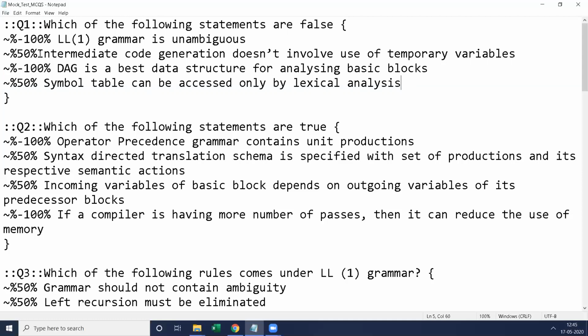And for the fourth one, the wrong choice, by default give minus 100. Based on the selection, if the student chooses one right answer among 3, he will get 33% mark. If he chooses 2 right answers, he will get 33% plus 33%, 66% of the mark will be allocated. If he chooses all 3 right answers, he will get full mark, 100%, that is 1 mark.